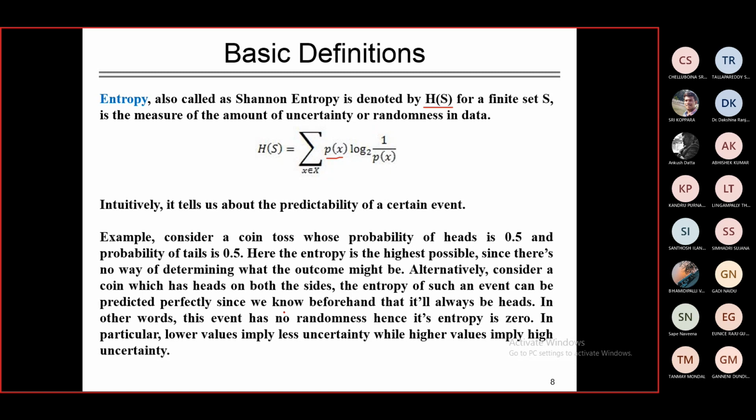That is why the randomness or uncertainty is 0, and therefore the entropy is also 0. So when we have perfect uncertainty or randomness, just like the previous case, the entropy is very high, or 1, or when the uncertainty